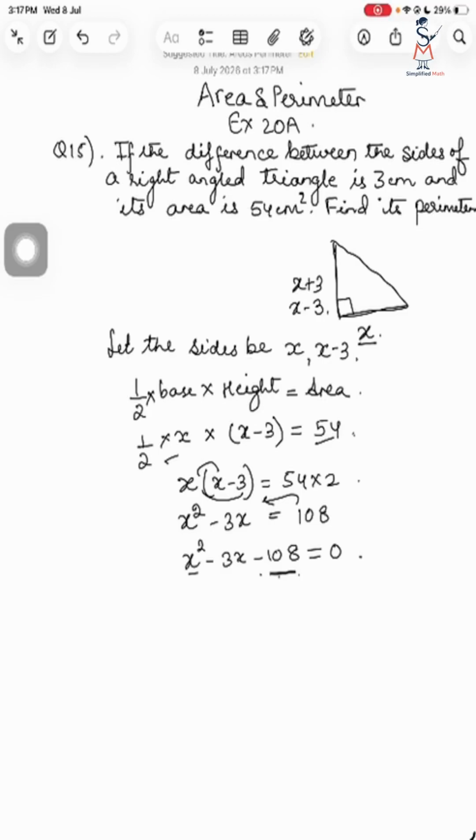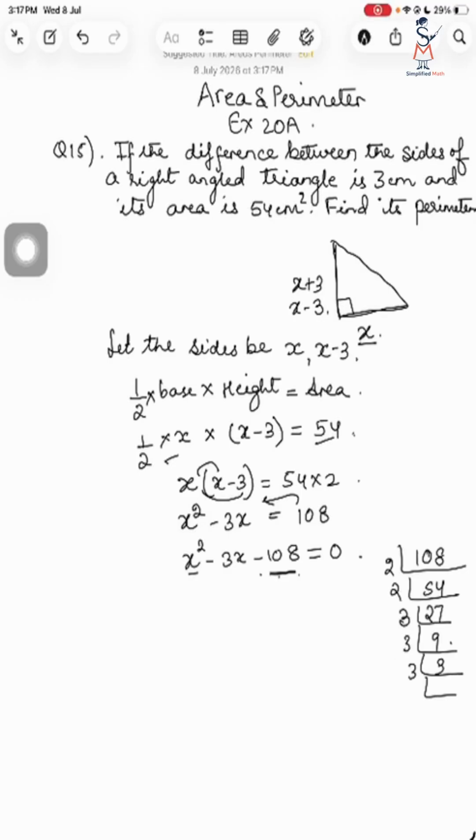So now how will you come to those two factors? First you factorize it in a rough column: 2, 54, 2, 27, 3, 9, 3,